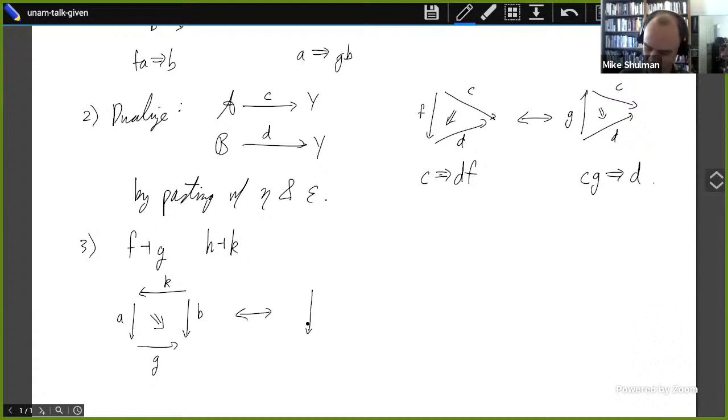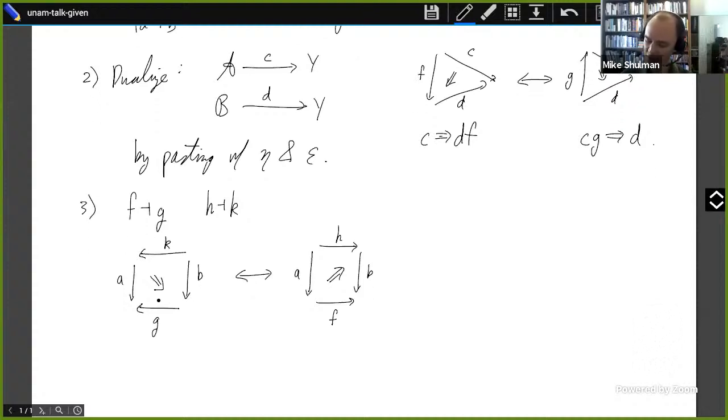or a bijection between squares. So I've got a pair of functors A and B going on the left and the right, and sorry, G goes the other way, and I've got my adjunctions H and K and F and G on the bottom and the top, and there's a bijection between two cells of this form and two cells of this form that I can get by composing with the unit and co-unit. So, for example, in one direction, what I do is